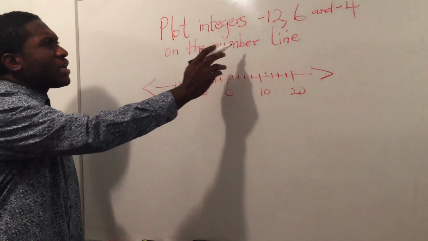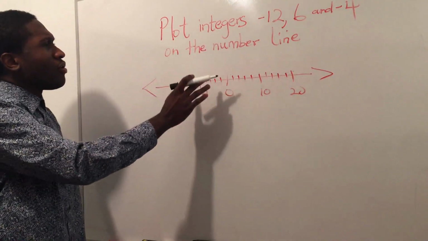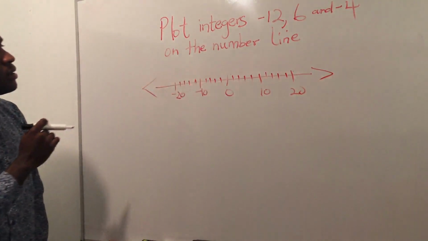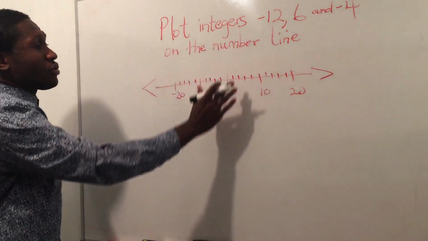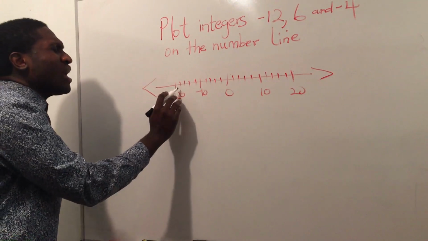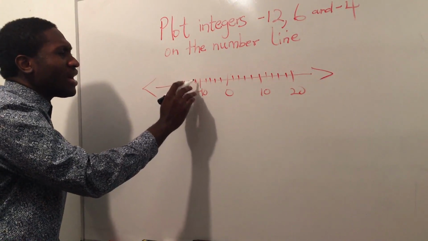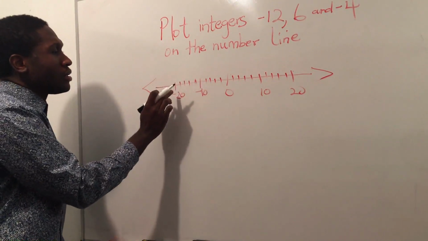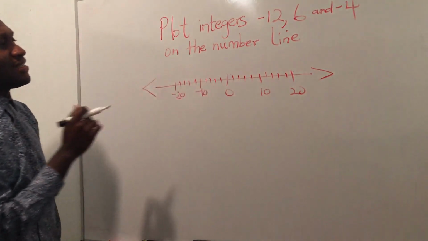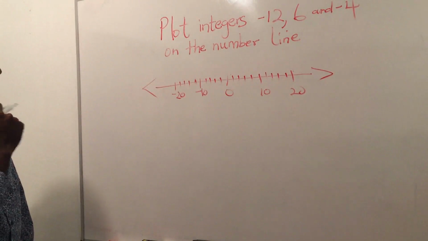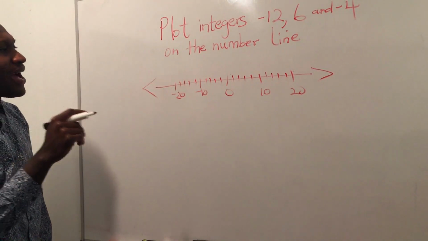Plot integers -12, 6, -4 on the number line. Okay, just to be able to plot integers on the number line, I have to know what each line on the number line represents, or what number each line on that number line is. All right? And to be able to do that, I need